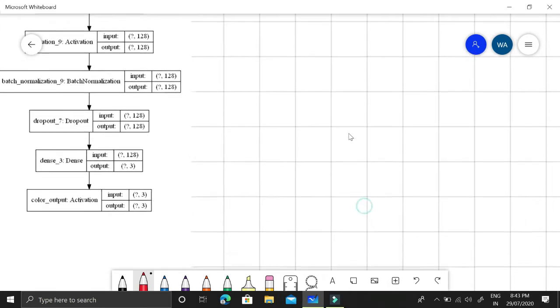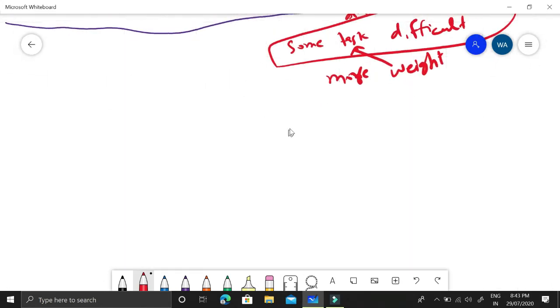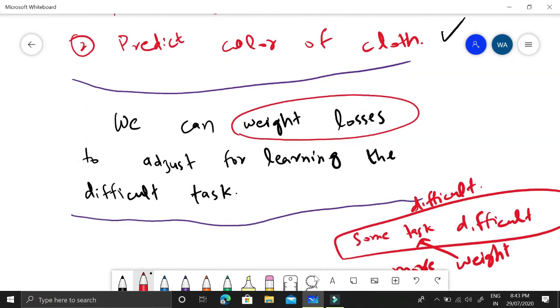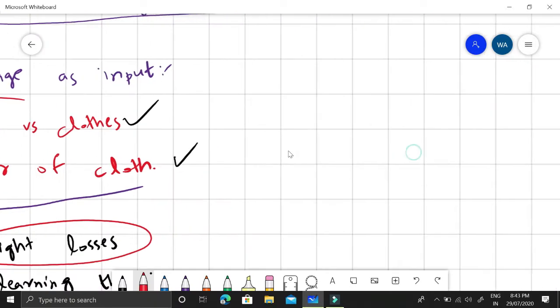So it should adjust for the error of that difficult task more. This is the general idea of using the losses, but in our case we will be using the same weights for both of the losses, for both of the tasks.